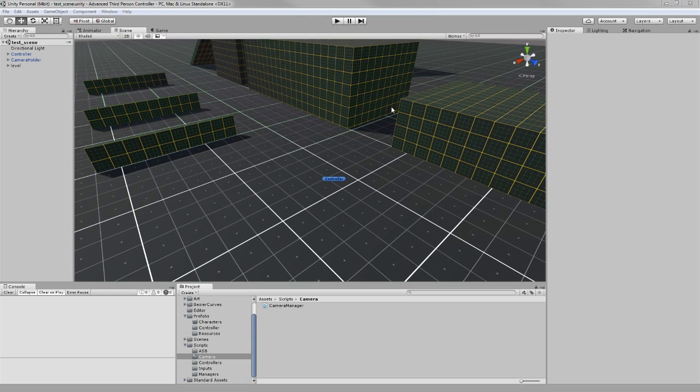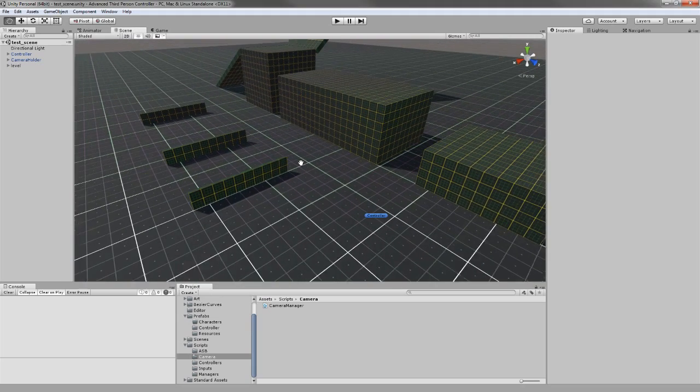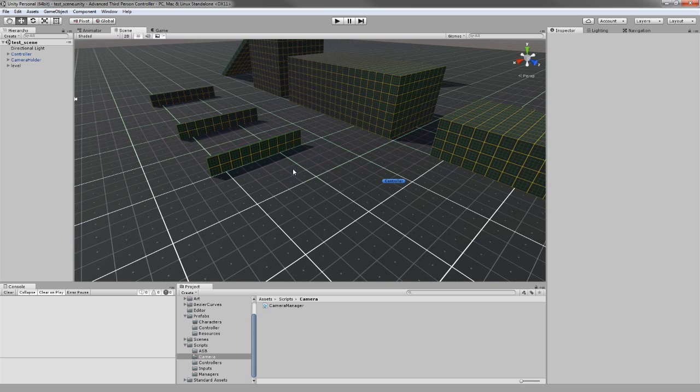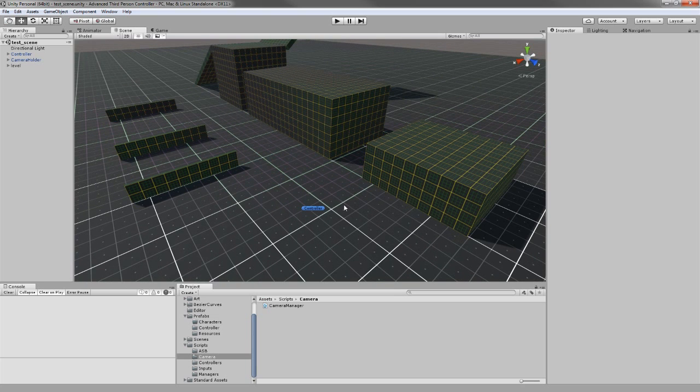So in this one we're going to add the advanced third person controller project, and we're going to integrate it inside our climbing system. We're going to add, of course, the advanced third person controller because the other one was a little bit flat. Okay, and this one has dynamic vaulting, dynamic climbing, although we're going to eliminate this feature